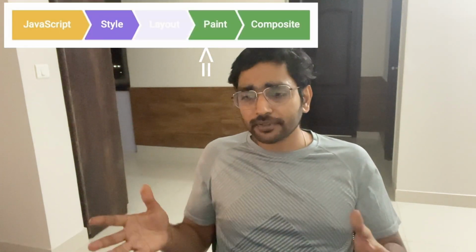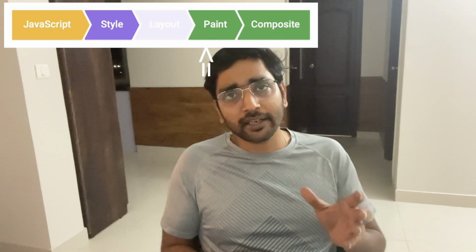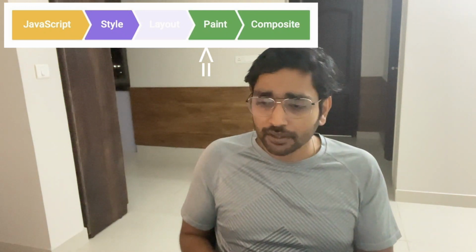Next, a few items in CSS are paint-only items, like if you change the background image, or the text color, or the shadow. Things like that will not do style recalculation for geometry, and it is not changing anything like geometry. It skips the layout calculation; it will do style, then it goes into paint, and then it goes to composition. You skip one step here, the layout calculation, and that improves the performance of your application.